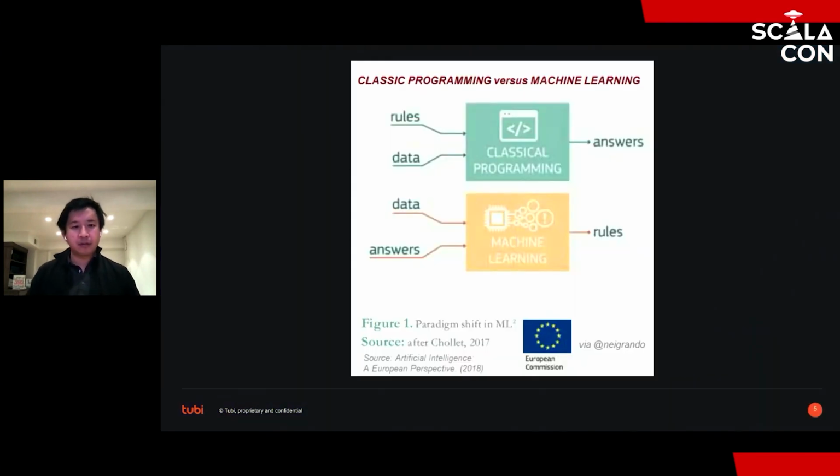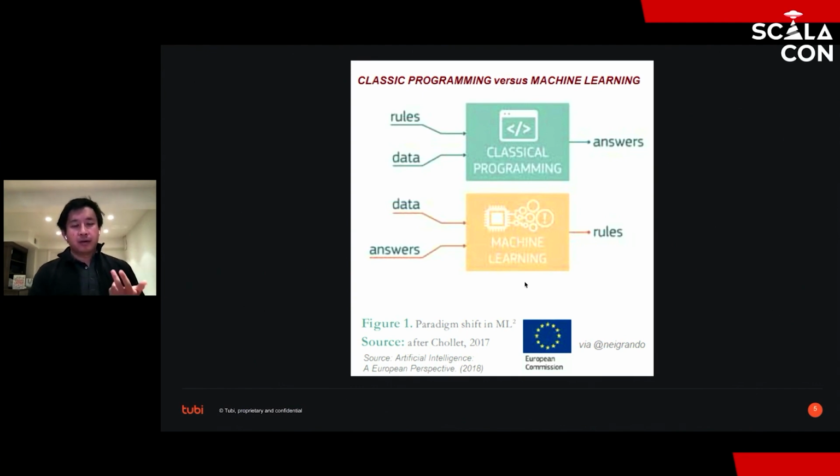So let's take a look. This slide I stole from Twitter, and it tells how quote unquote classical programming differs from machine learning, right? In classical programming, you've got rules that are static and defined by humans, and then the software engineer will take those rules and write them into code, and run the program, and as the input data comes in, the rules will be applied and it'll spit out answers.